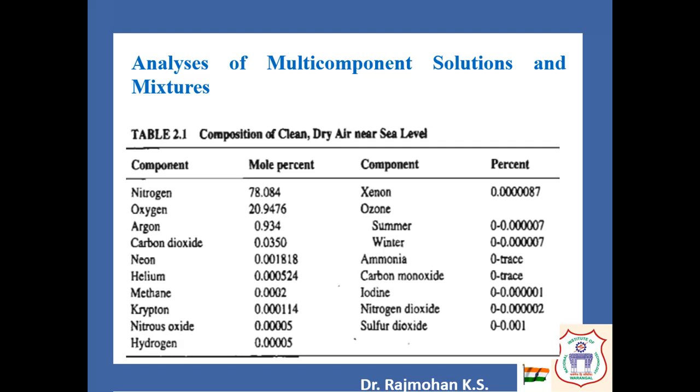And I told you that for engineering calculation purposes, whatever the course may be, heat transfer, mass transfer, chemical reaction engineering, fermentation, biotechnology, or design calculations, we are going to consider the composition of dry air to be pseudo air, which contains whatever is other than oxygen as nitrogen. So this assumption we are going to make, and we are going to solve the numericals. So we will find the average molecular weight of the air considering nitrogen and oxygen being the only two constituents. Okay, and it holds good for all engineering applications.